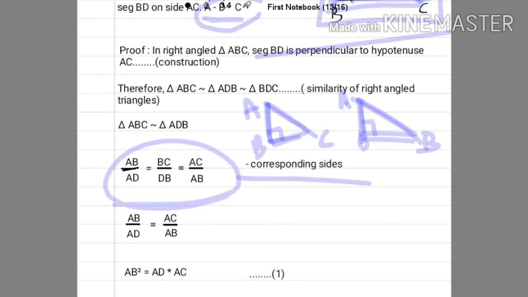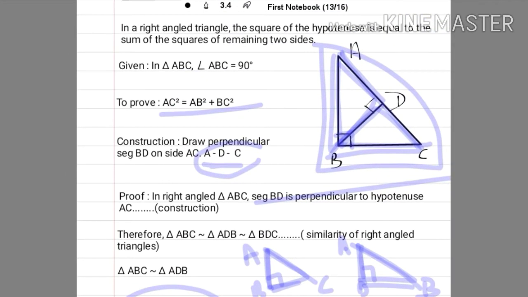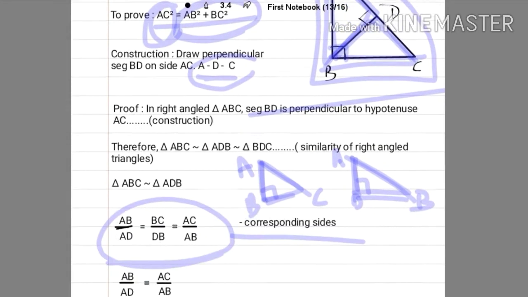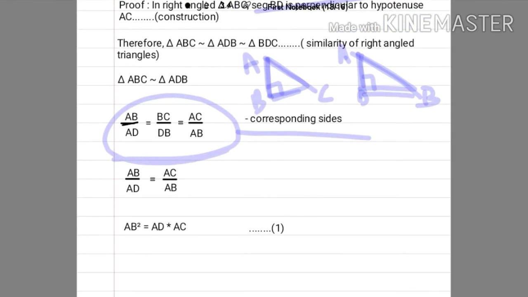Okay, I forgot to tell you one thing. In this we have to just get this thing so that we can just equate it to this. Okay, for that we need to get AB square plus BC square, that means we need to get the AB square term and the BC square term, that if we add we will get AC square. This is how we have to do, and for that we have taken this ratio here.